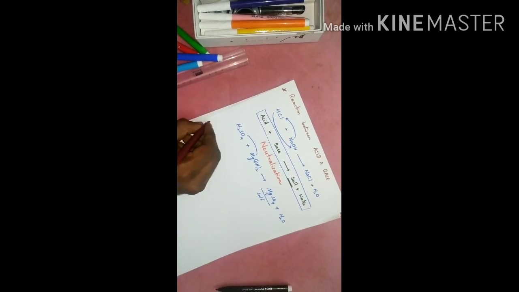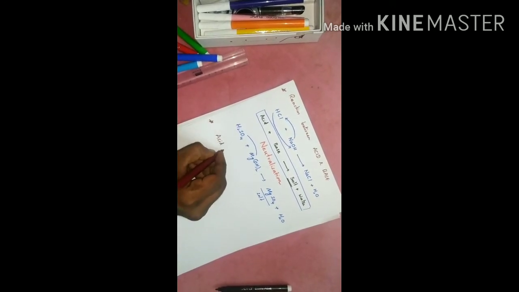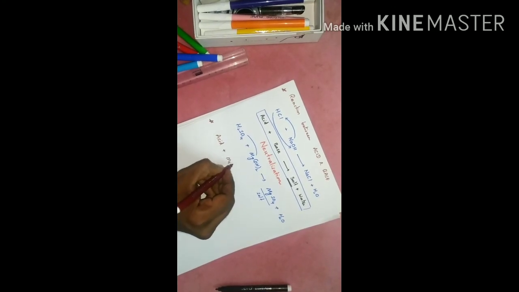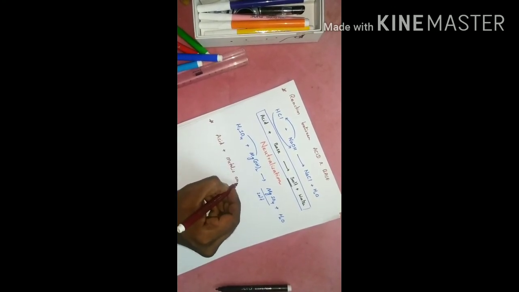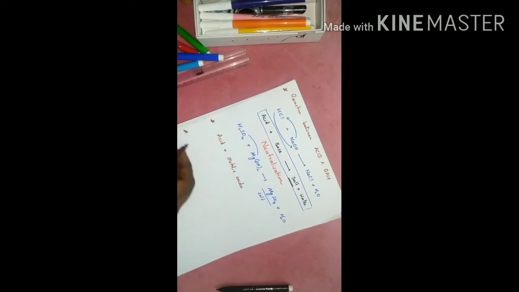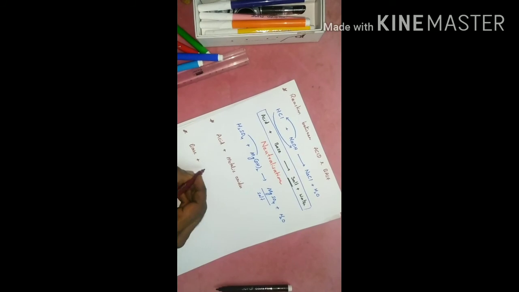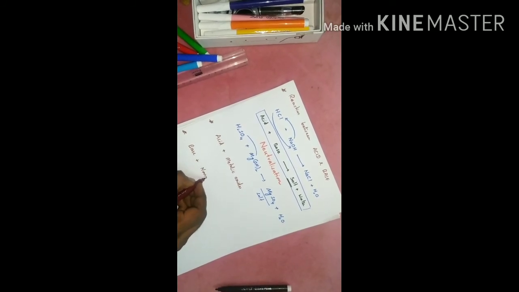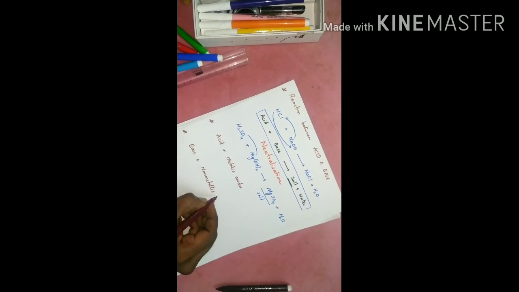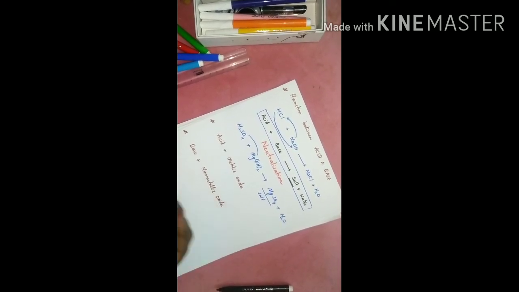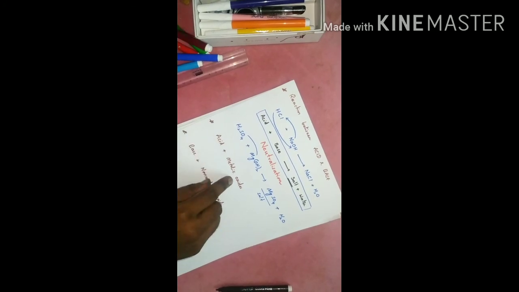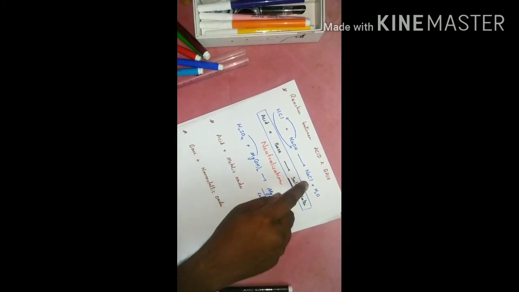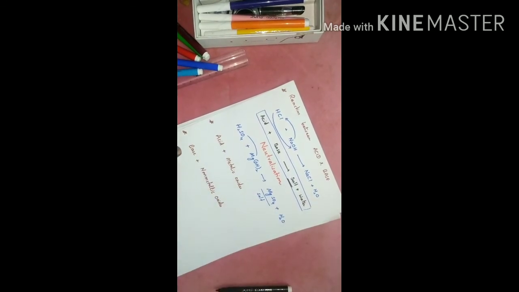In the same way, whenever an acid combines with metallic oxides, or whenever a base combines with non-metallic oxides. In our previous session we have discussed that metallic oxides are basic in nature, so bases. Then what do you get? Salt and water. Bases and non-metallic oxides: non-metallic oxides are generally acidic in nature. So bases and acids will form what?